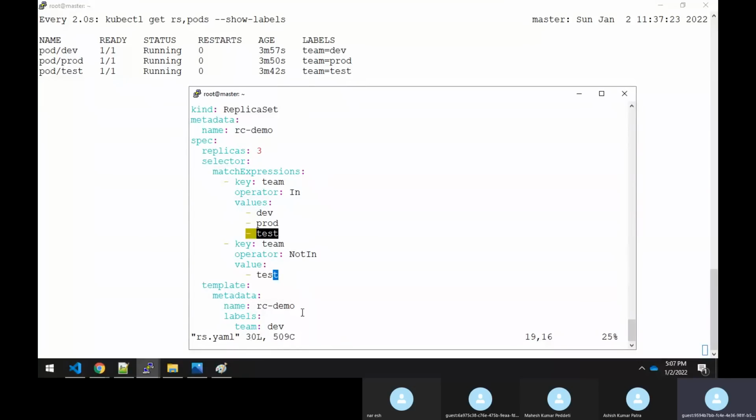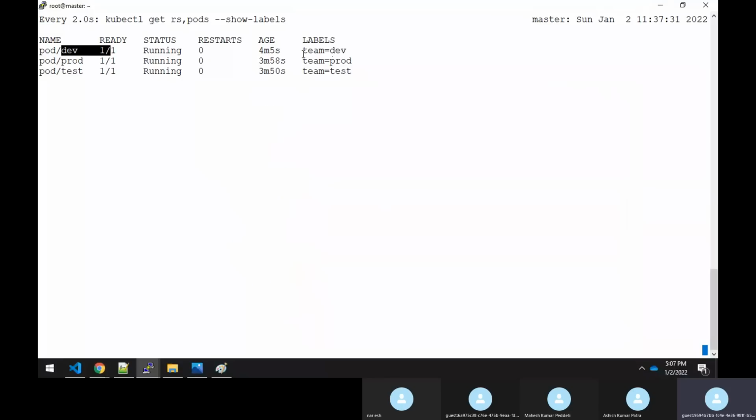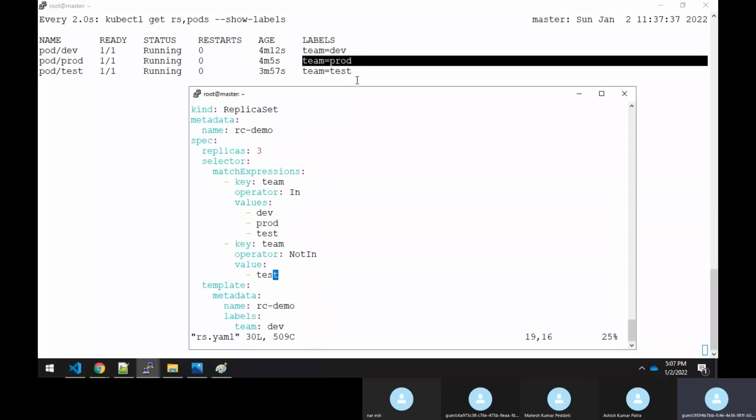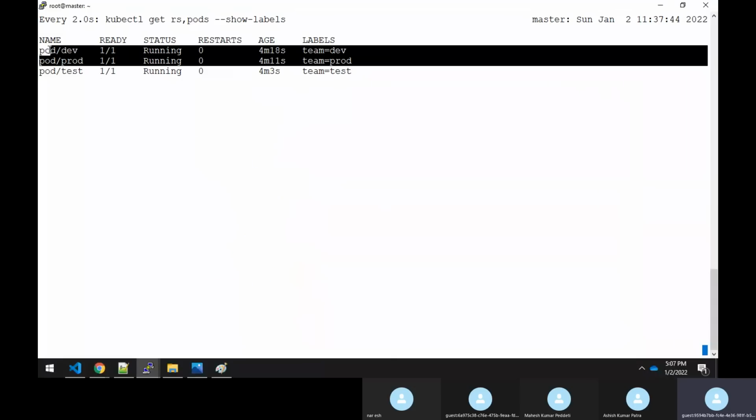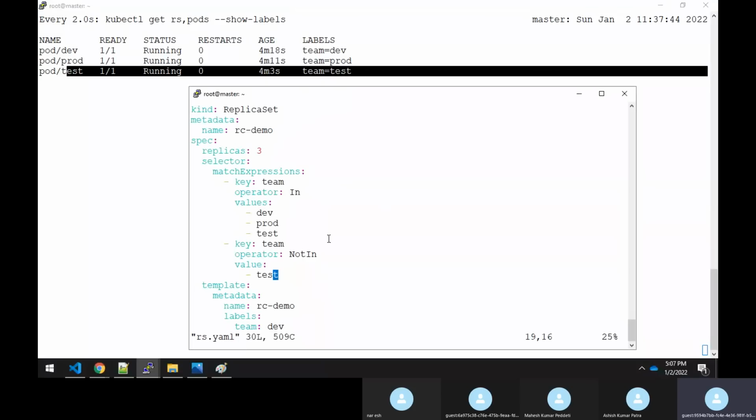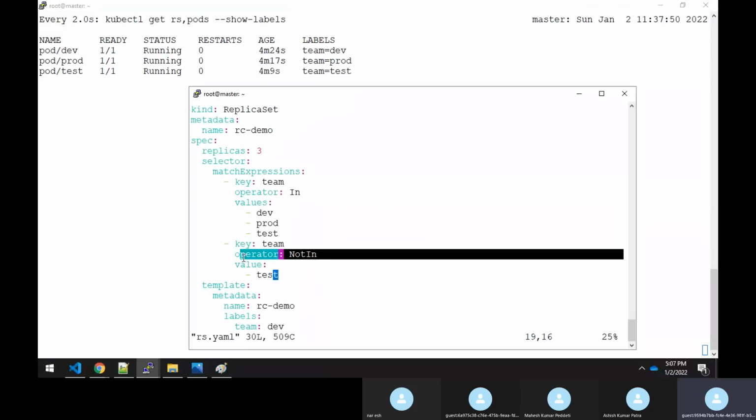Now when I apply this rs.yaml file, there are already 2 pods which have the labels team is equal to dev and team is equal to prod, but it needs 3. So this replica set is going to create only 1 pod, and these 2 pods it will take within its control. And this one it will not take, because you have set it as not in.